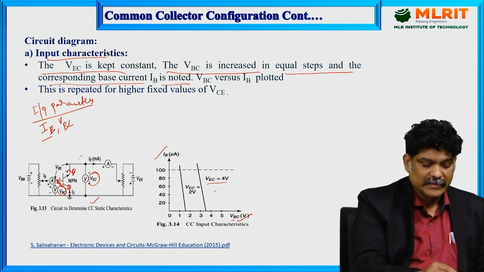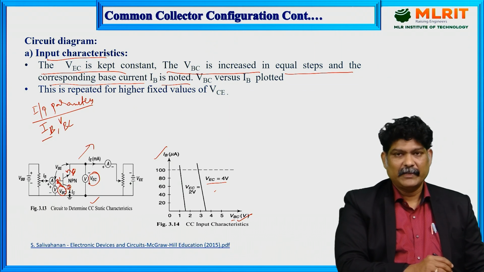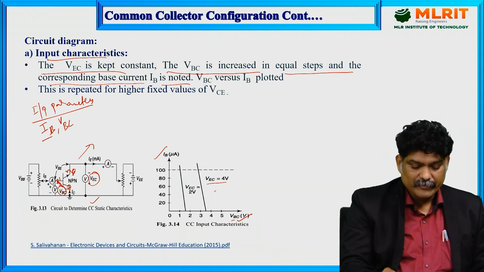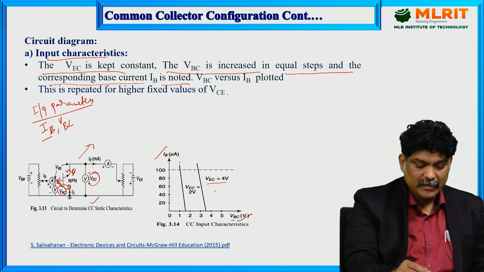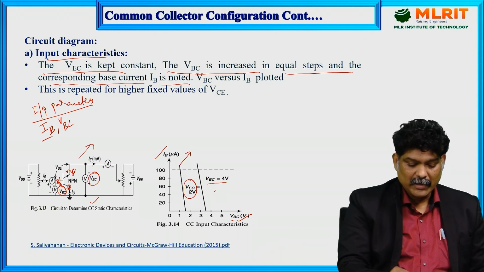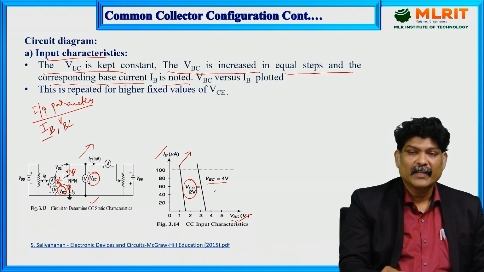So we can say the output section is reverse biased and the input section is forward biased. Therefore, let us say when VEC is equal to 2 volts and we are increasing VBC, the input voltage,